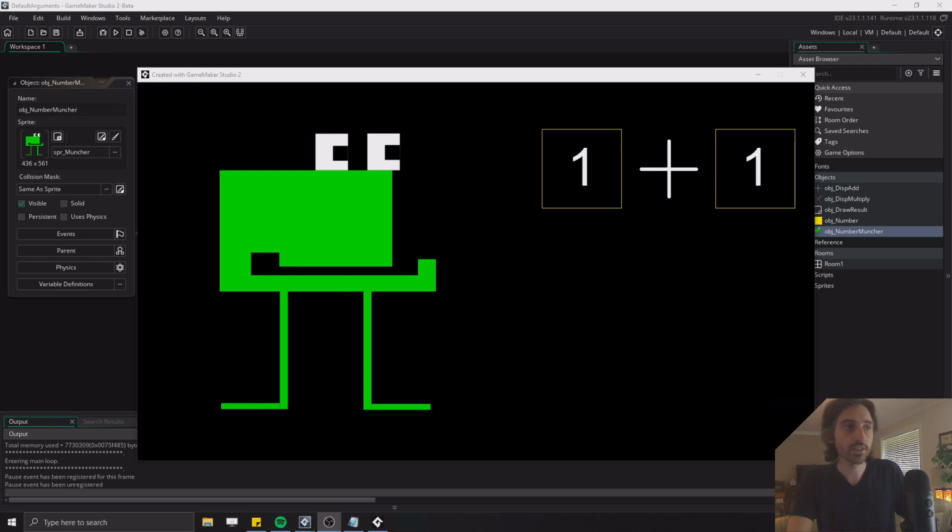Guys, welcome to this little tutorial on how to set up default argument values for functions in GameMaker Studio 2's 2.3 beta. As a bit of a disclaimer, there is actually no official way as of yet to set up default argument values for functions in GameMaker Studio 2 beta, but